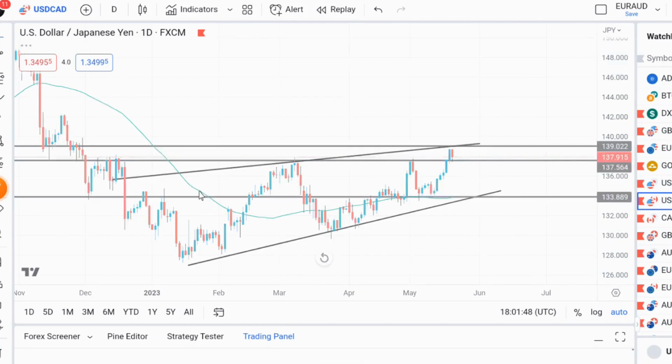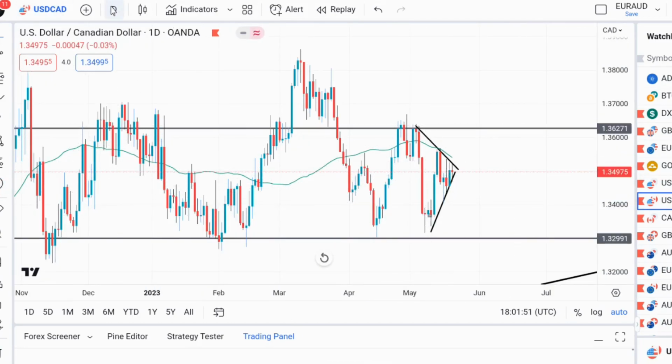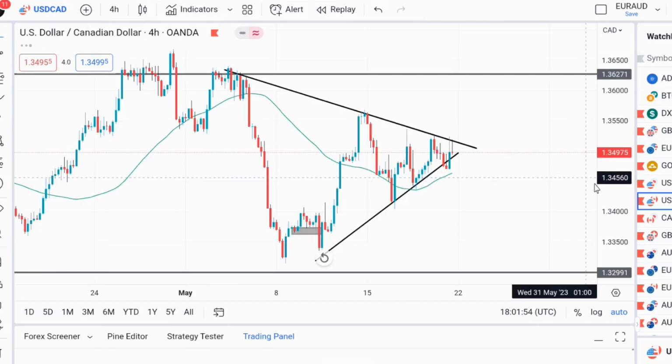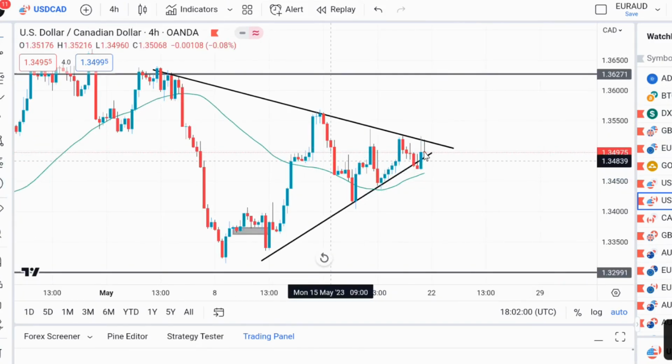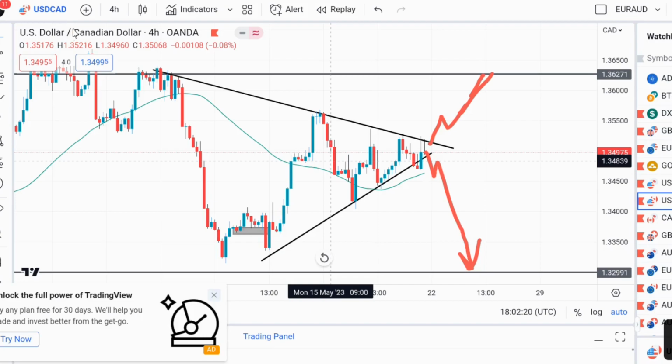So the next one I want to check is US dollar Canadian dollar. US dollar Canadian dollar is at the very critical zone right there. So is it that we have a break of this to this particular area, or a break of this to 1.36271? Either way around, after the breakout, we'll follow the direction on the US dollar Canadian dollar. And don't forget, we have the FOMC meeting on Wednesday, which might prompt it to break to the other side, and any side it wants to break to.